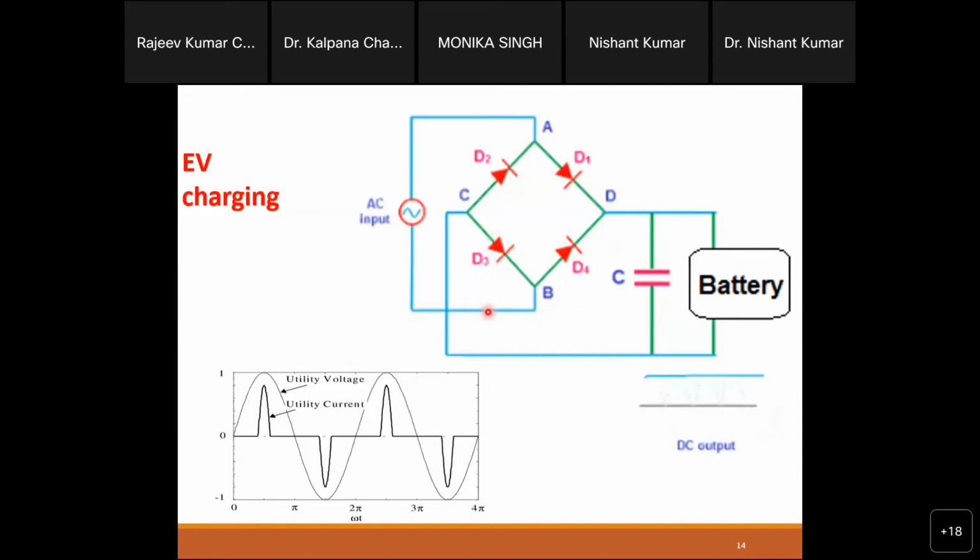But just think, if you are going to use a similar type of cheaper charger for electric vehicles, where the current is maybe 100 amperes, or 200, 150 and like that, what will happen? At that time these ripples will pollute our grid, right? And this is a very serious thing for the grid side.